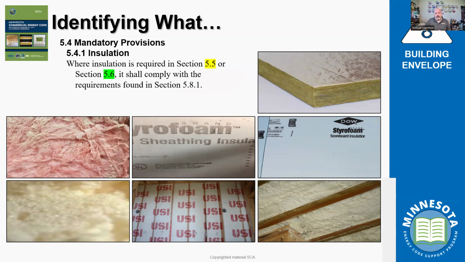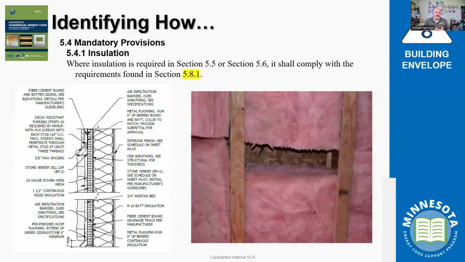I'm trading off some slab on grade insulation because I'm installing more in the wall, or I'm trading off the roof because for some reason air's not going to go through there, and we're going to put more in the exterior envelope in the wall systems. However we're looking at that system, we need to understand that where is important, but also what is important. Is it part of that system of testing and expectations or measuring expectations associated with the thermal envelope?